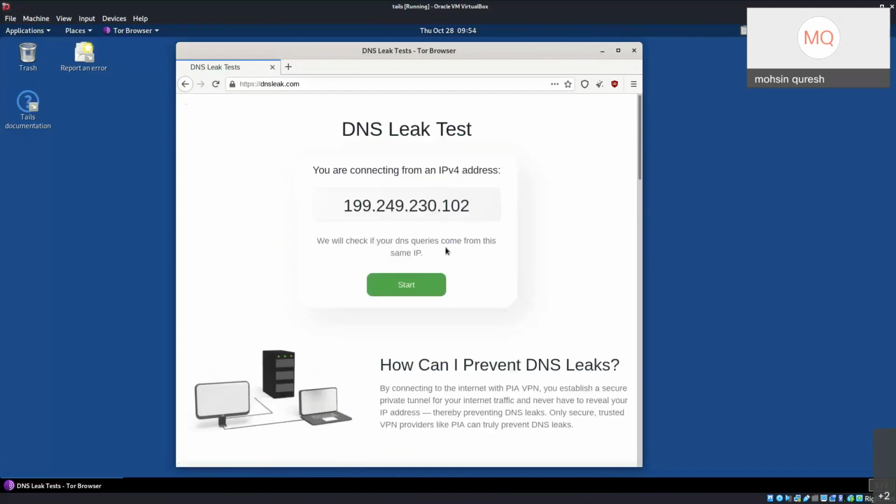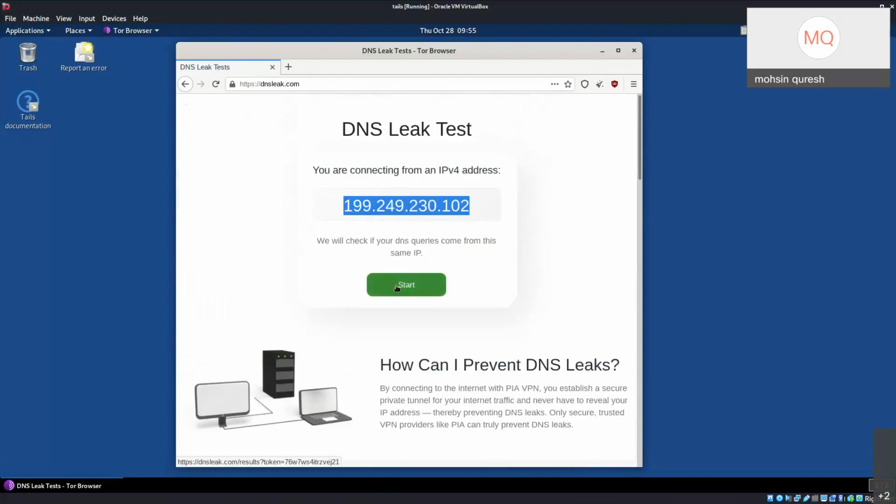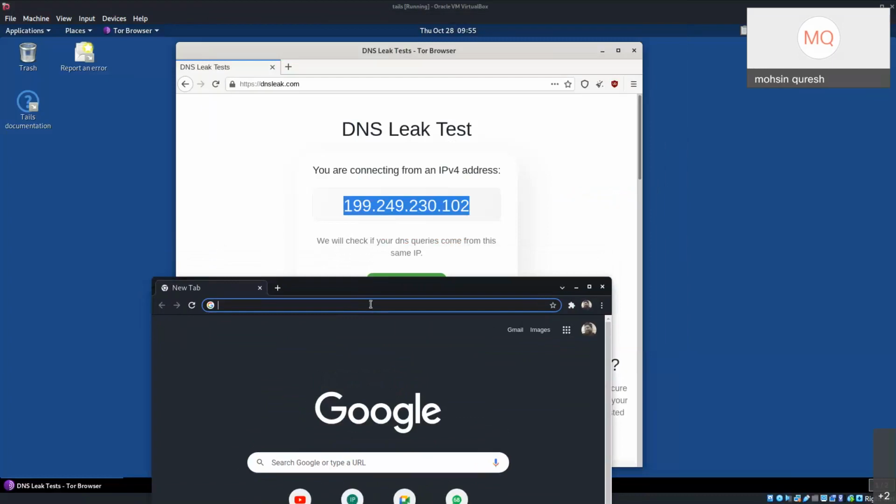So continuously. And as you can see here, this is my IP address. So the DNS leak test shows this IP address, which I don't know. The query is the same. Let's confirm which IP address my currently live public connection is running on. I'm just trying the DNS leak test again,